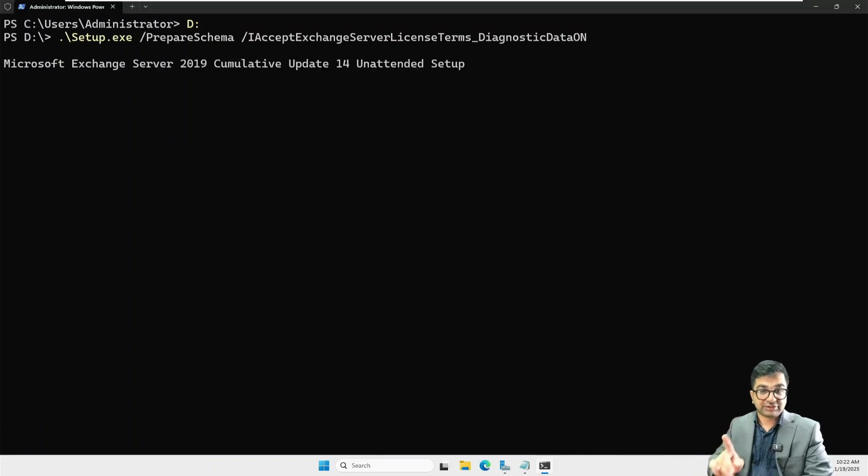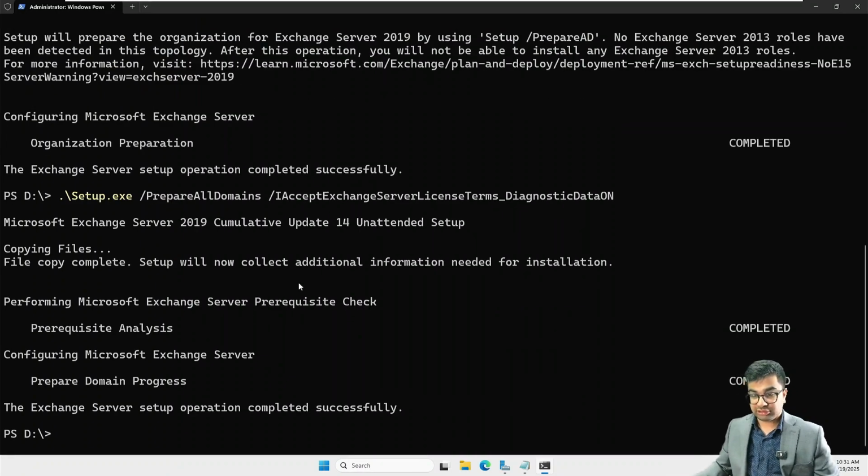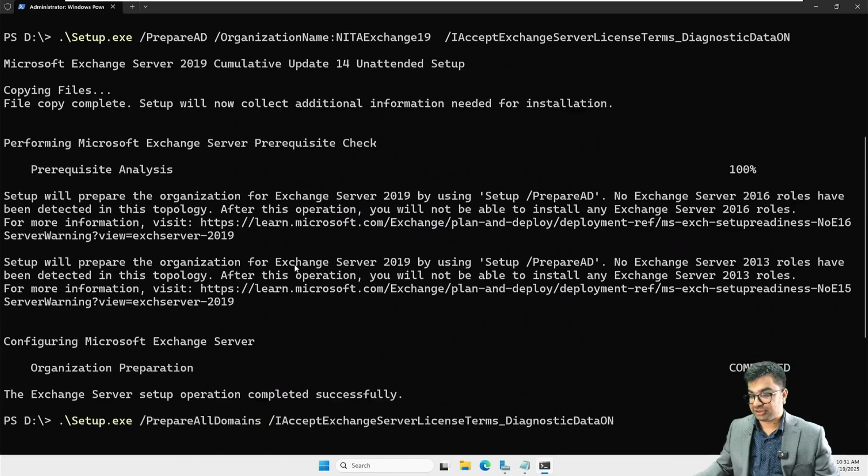Now, all of these 3 commands have to say completed. Everything should be completed. It should not say failed. In case it says failed, just run the command again. Do not try to proceed ahead with your installation in case it is failing. Remember that. So I'll just wait for this command to complete, and I'll run the next 2 commands as well in the same sequence, and then we will look at the end result. So at this point, all 3 of my commands have completed successfully.